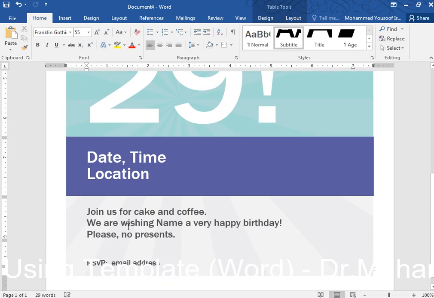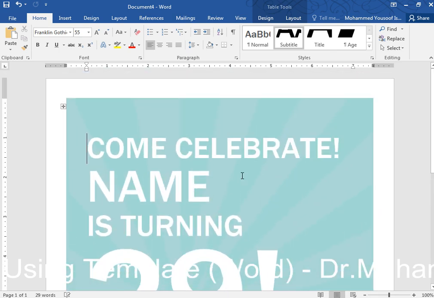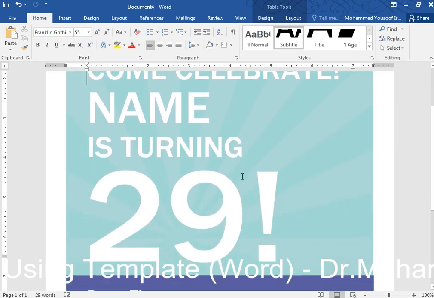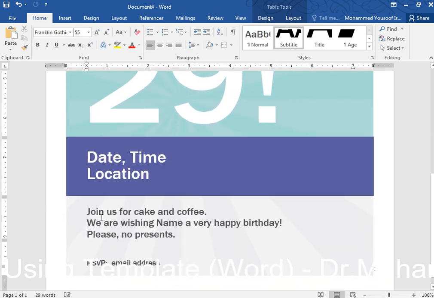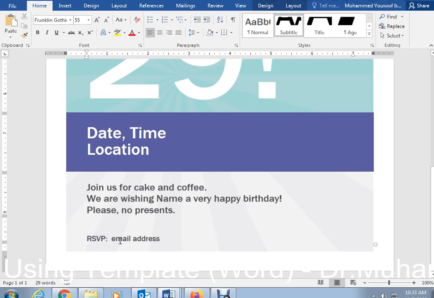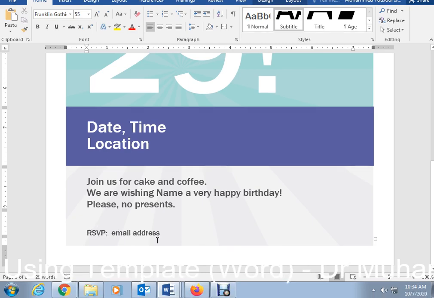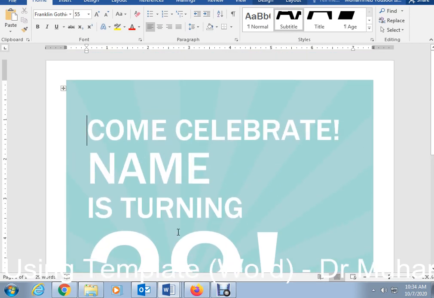You can make a poster like an invitation, like we have a celebration, the event. Then you can write the date, time, location, and use a message to write revert back as soon as possible. That means you have to give me an email address whether you are coming or not. So this is very easy for you and you can easily do it.